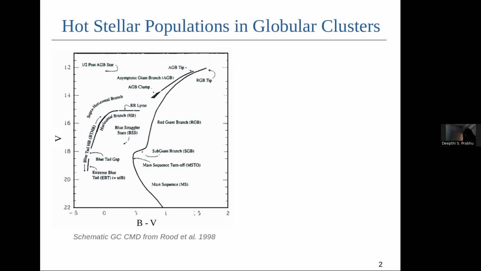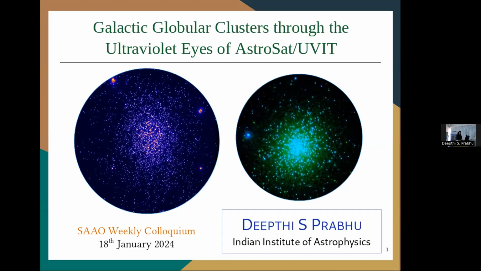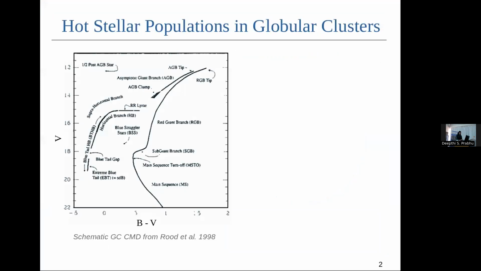Among these stellar populations, which are the ones bright enough to be visible in the UV? I was talking about the stellar populations in globular clusters and we were looking at the optical color magnitude diagram. The stars bright enough to be emitting significant emission in the UV are basically the horizontal branch stars,